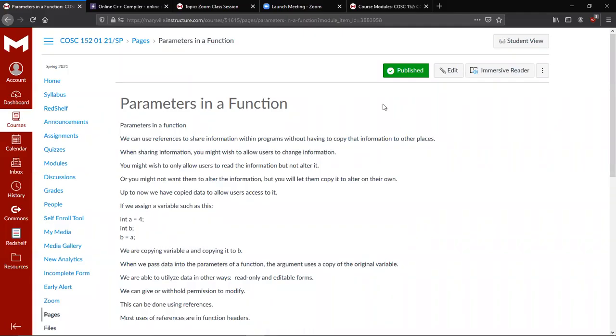So let's talk a little bit about the parameters in a function. What we can do is we can use something called a reference. And what that is, a reference is going to let you share information within the program without having to copy information over. The idea is kind of like this,